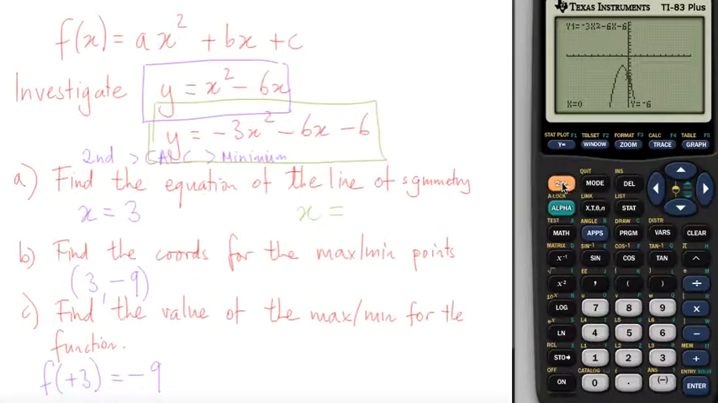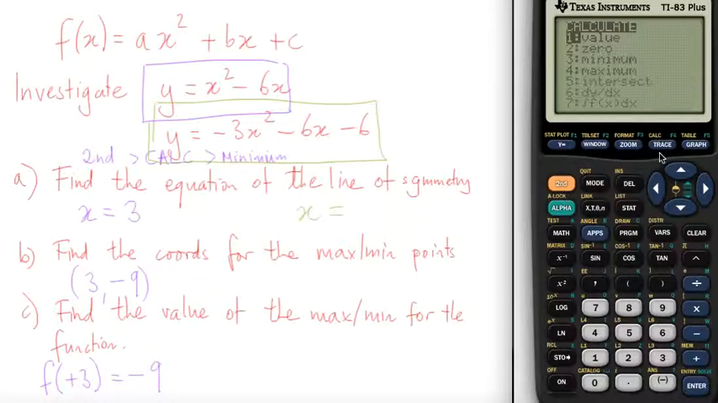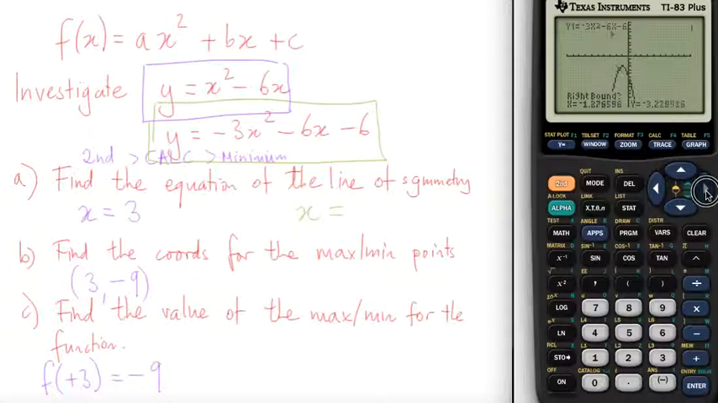So I go second calc again, but then I want to have maximum this time, because it has a maximum. I go to the left of the maximum, enter, and I go to the right of the maximum, and then enter, and then I guess, and then it gives me the x value of the maximum, x equals minus 1. That's my equation of the line of symmetry. The coordinates for the maximum in this case are minus 1, minus 3, that point there,